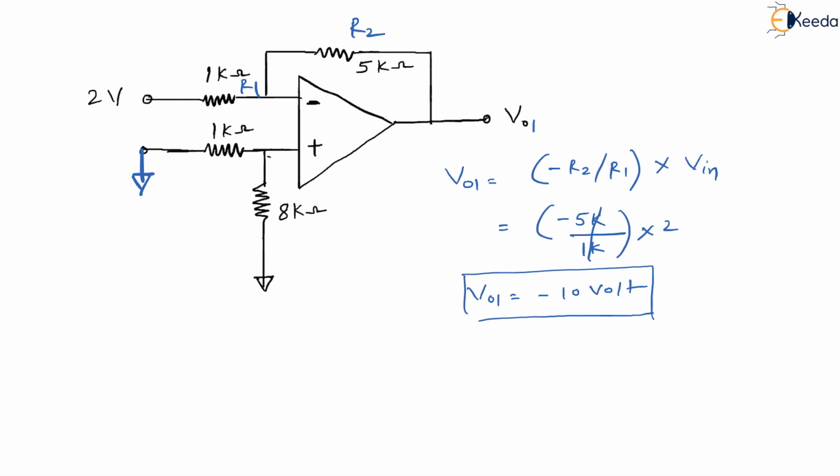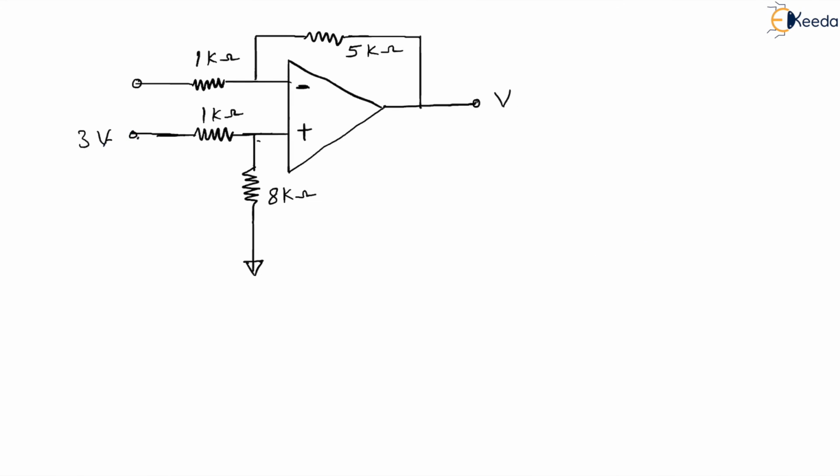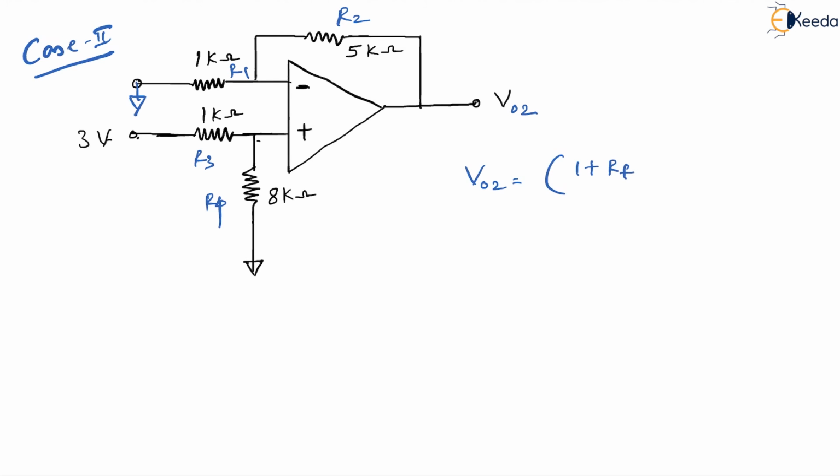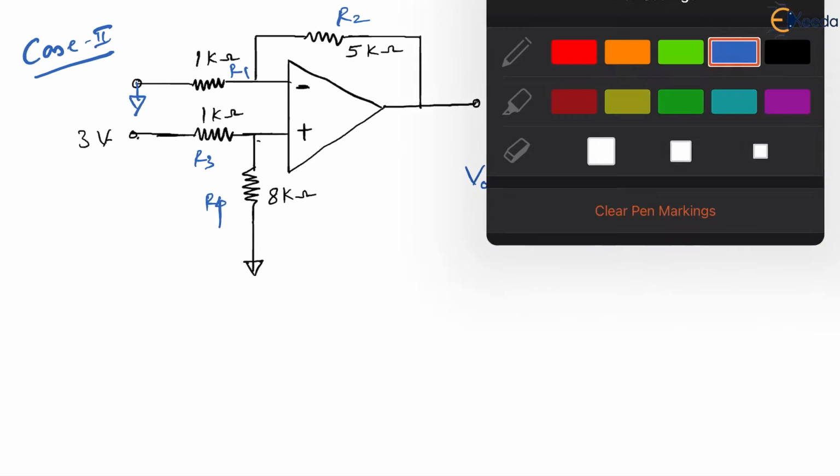Let us go next and go for case number 2. Case number 1 means the inverting terminal is supplied and the non-inverting terminal is grounded. This time in case number 2, the non-inverting terminal is supplied and the inverting terminal is connected to ground. Do not forget, this is still R2, R1, and this is, let's say, R3, R4. I'm sure you remember this is what we called V02, and V02 is simply 1 plus RF by R1, or rather, since we have named them R2 and R1,